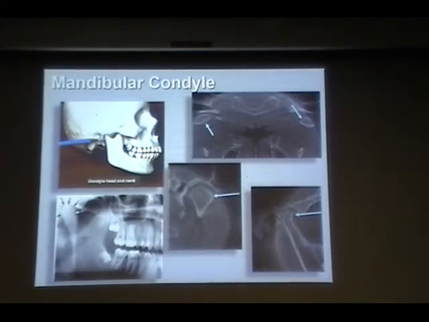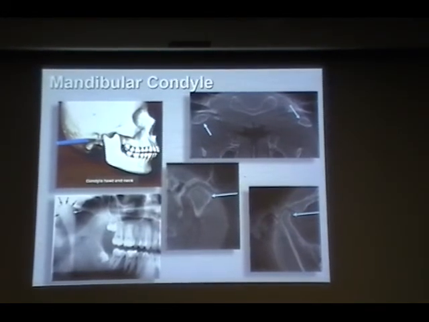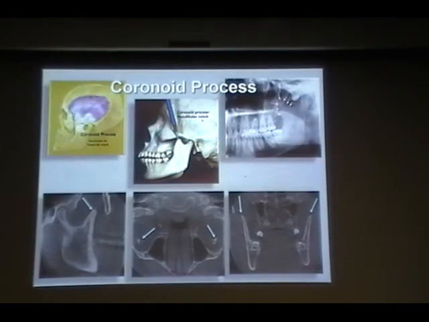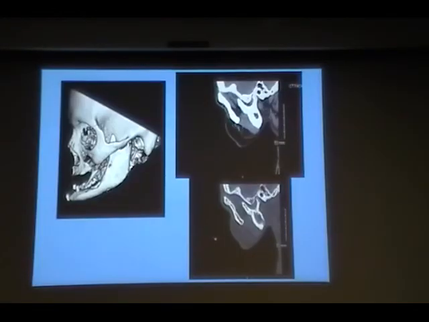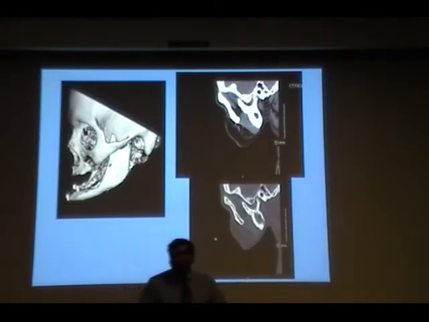So we talked about the condyle here and showed different presentations. Just anterior to the condyle, if you're looking at the axial slices, you're going to see little tips of bone, that's the coronoid process. Why do we need to know about the coronoid process? When we think of a condyle, patients will generally complain that they are unable to open their mouth or close properly. Here is an example where there is a coronoid process that is